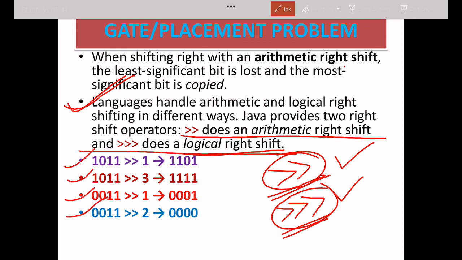Already we explained. Languages handle arithmetic and logical right shifting in different ways. Suppose we are talking about Java, Java provides 2 right shifts. Okay. So now,